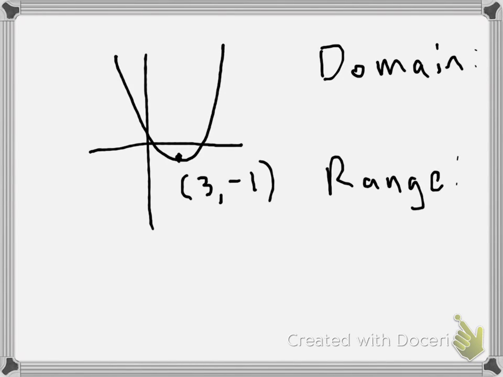All right, so if we want to find the domain and range of a graph like the one I've drawn here, then basically, for the domain, what we're looking for is all the x values on our graph. And so the x values run from left to right across this graph. So what we want to do first to find the domain is look for the leftmost point